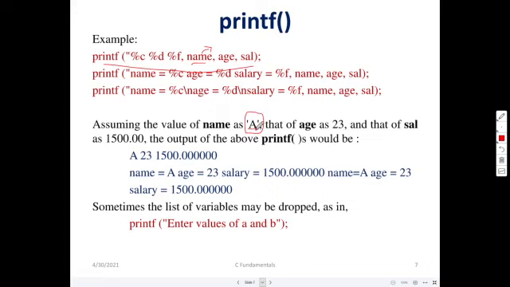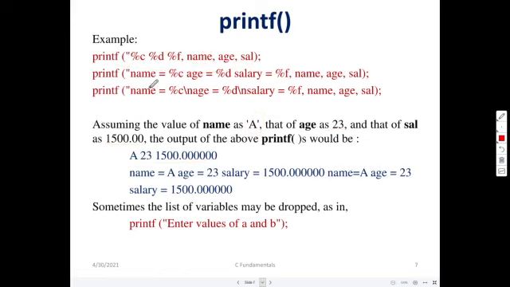A in single quotes is nothing but a character constant. So that will get printed here: A, and 23 is the age, and salary is 1500 rupees. Then it will print like this: A 23 1500.60.